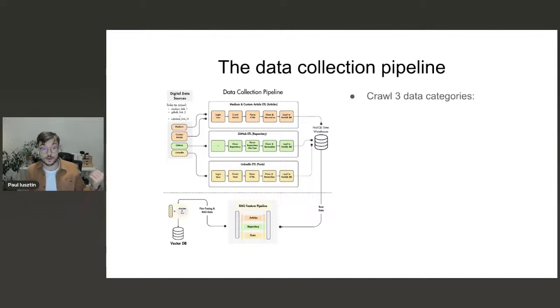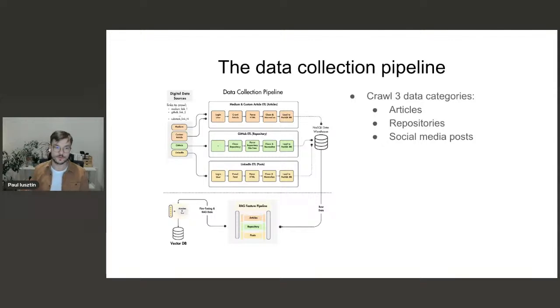As I said, we will mostly crawl three types of data categories: articles, repositories, and social media posts. For example, articles we can take from Medium, Substack, or custom blog posts. Repositories from GitHub or other Git-like repositories, and social media posts from LinkedIn in our use case, but you can extend it to X or Instagram or whatever, right?